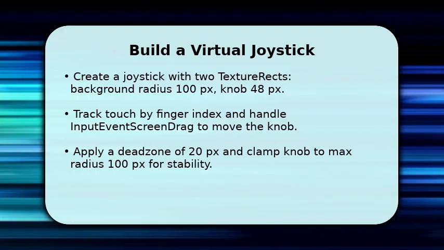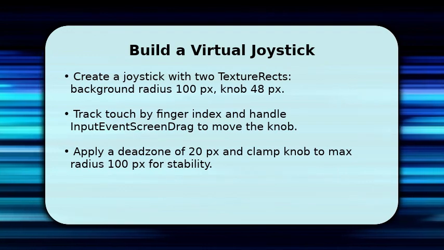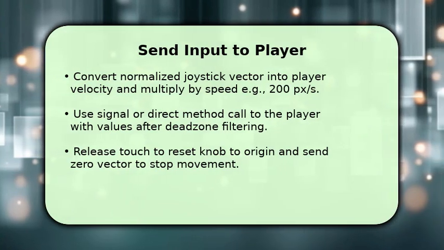Compute the offset vector, apply a dead zone of 20px, clamp the knob to the max radius 100px, and normalize the output for consistent movement. Use 0.5 alpha for the background when idle and 1.0 on touch. Translate the joystick's normalized vector into player